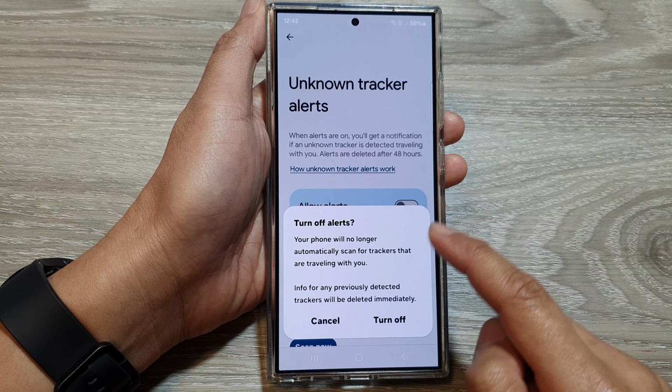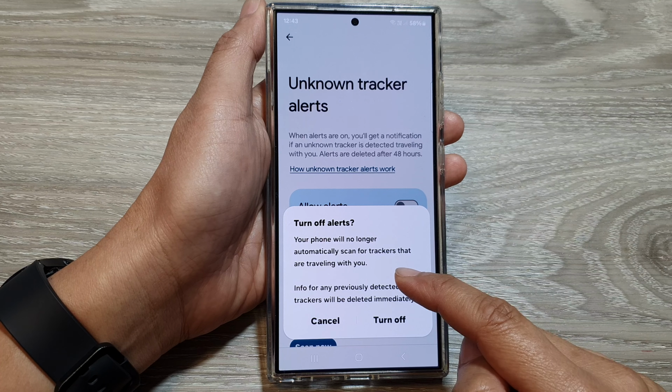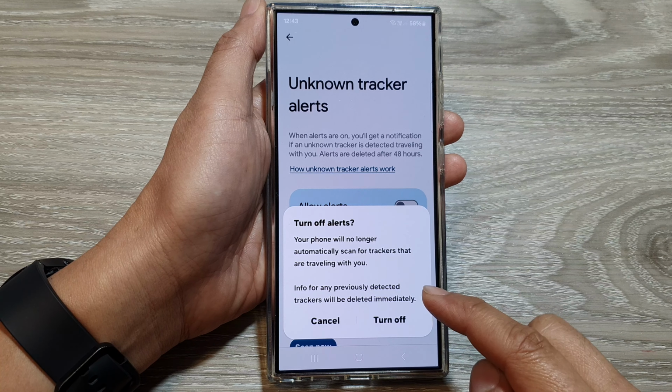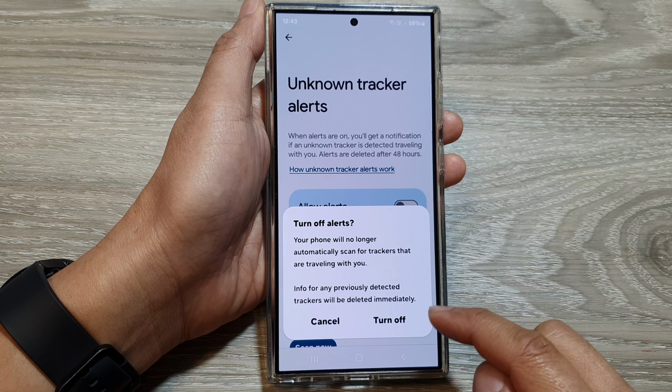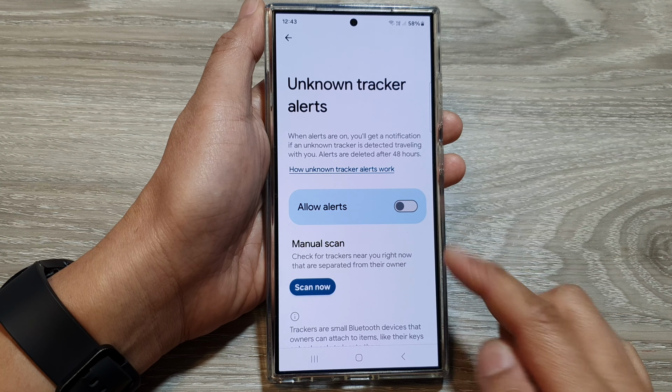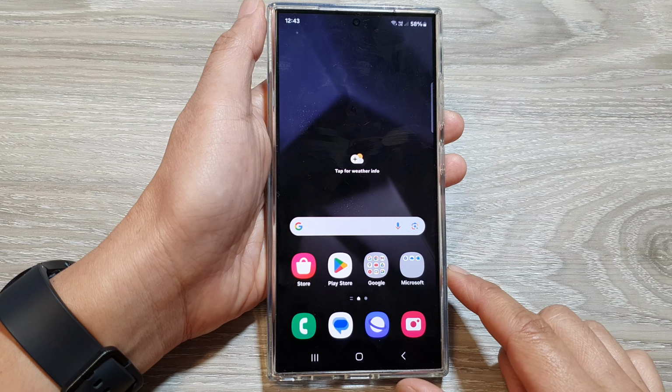Now when we turn it off, it says your phone will no longer automatically scan for trackers that are traveling with you. Info for any previously detected trackers will be deleted immediately. So tap on the turn off button to turn off. And that's it. After that, you can tap on the home button to go back to the home